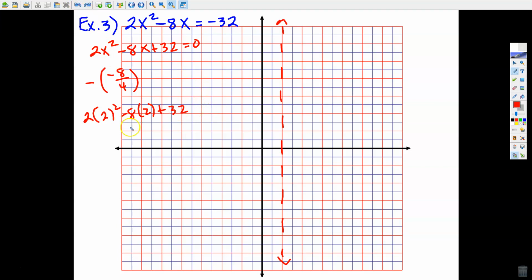All right, so let's see. 4 times 2 is 8. Minus 16 is -8. Plus 32 is 24. Okay, so the point (2, 24)